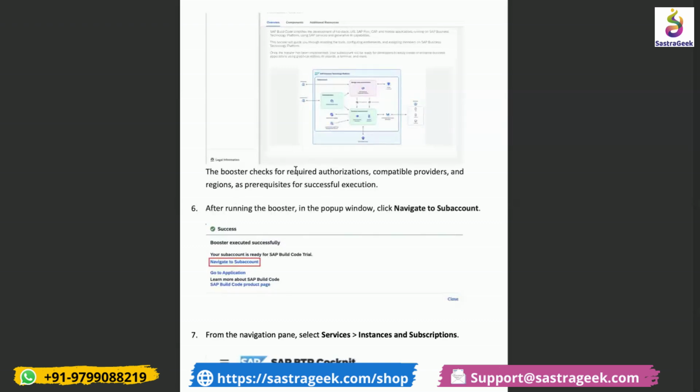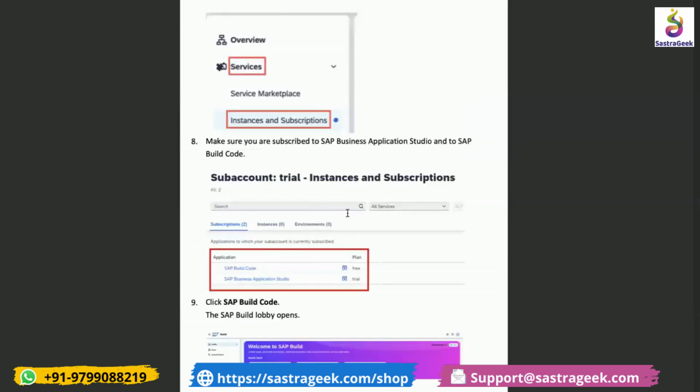You do all the checks that's needed, give okay for everything. There's not much for you to do over there because we are in a very new system. So there is nothing that you need to change as such. Make sure that everything is on a free account or trial account. That's the only thing that you need to make sure. Once you're done with those steps, you would have completed your booster run, and then you can launch your service